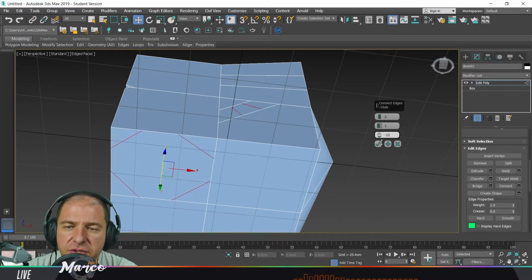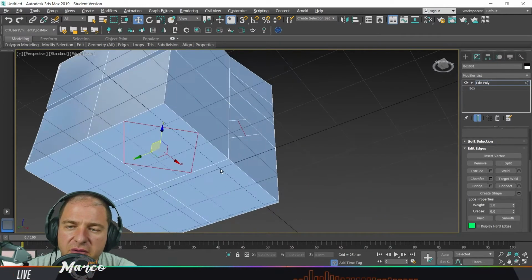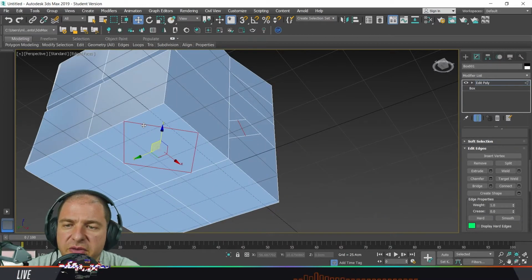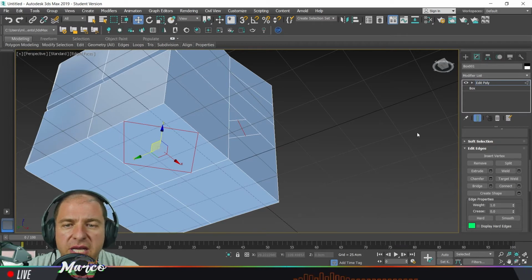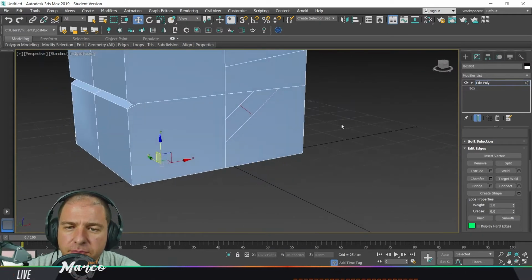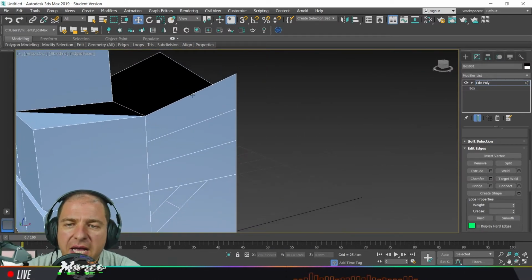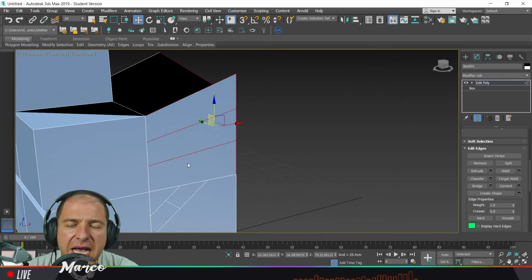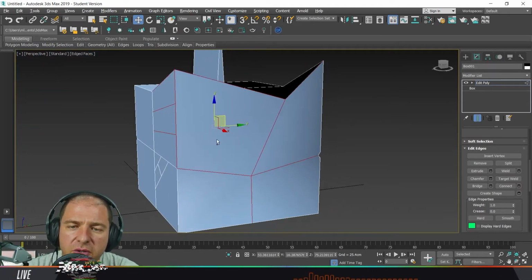And you can change their size and their amount, and then you can click OK, and you have created these complex subdivisions in a fraction of the time. And last but not least, another interesting tool that you find in Edge Edit mode is the one called Create Shape. And what it does is basically, by selecting one or more edges, as many as you want,